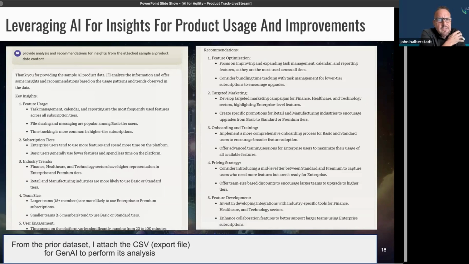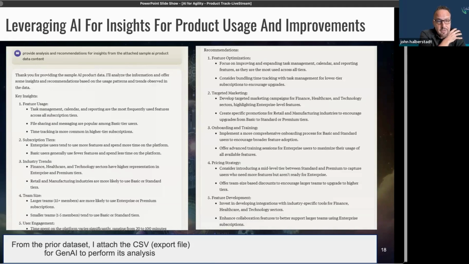One of the things that I find really valuable is that I don't have to be prescriptive. I can just simply say, what are the trends that we're finding? What are the recommendations and insights? And it has what I believe is a quite unique superpower to look into that data, again using the power of generative AI and understanding what is in these large language models. When I say provide analysis and recommendations, it knows the key things that I would want to know, things like feature usage. So I didn't have to say that. It provided that preemptively for me.